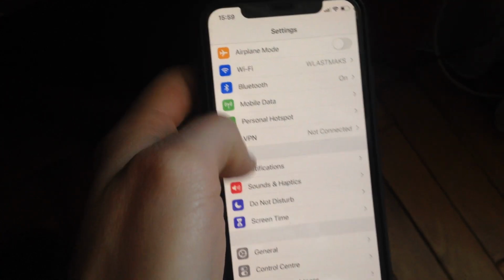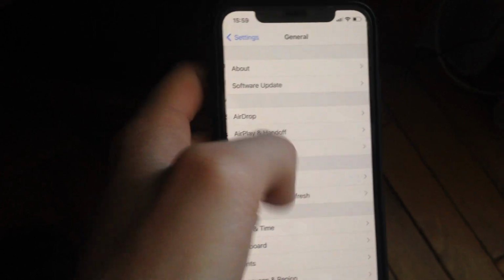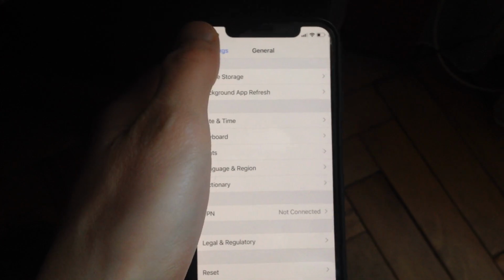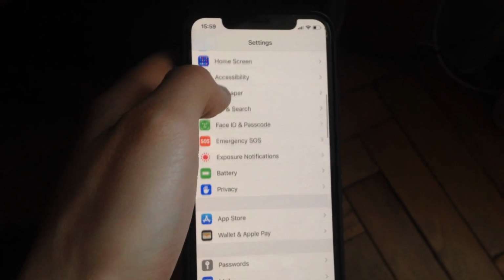And if it doesn't help you, you can also try another way. Just go to General, scroll down, tap on Shut Down, slide to power off, wait a few seconds and power on your phone again. And if it doesn't help you, just